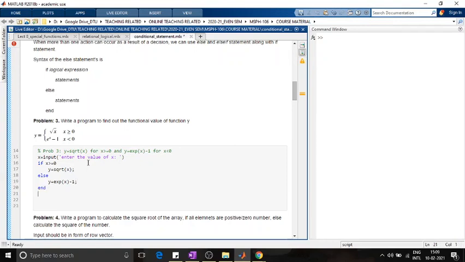Now you want to show the output, you write display. You want to write the value of x is equal to some number. Okay, some number will come. Suppose you want to write the value of y, the value of y for x is equal to some value. So you can write like this: